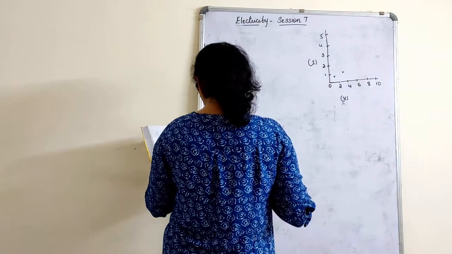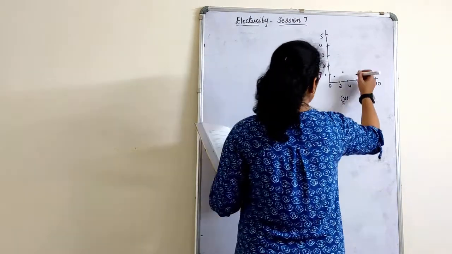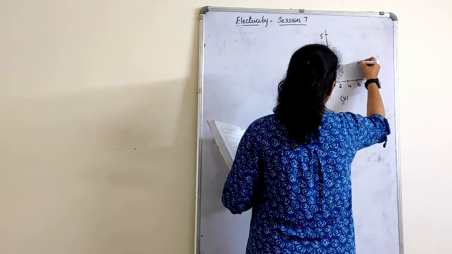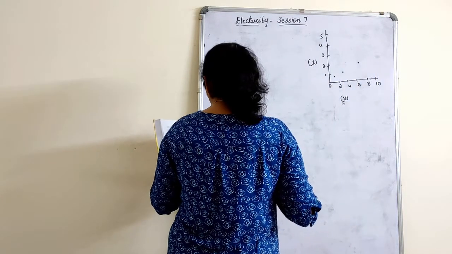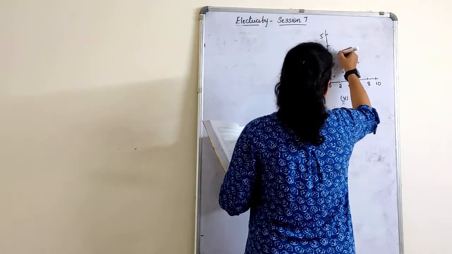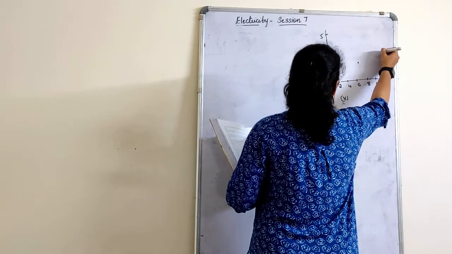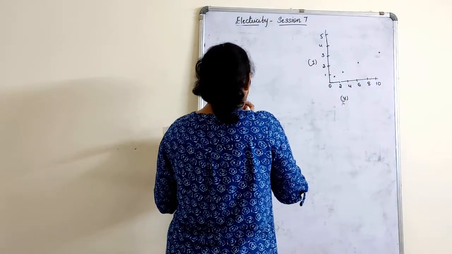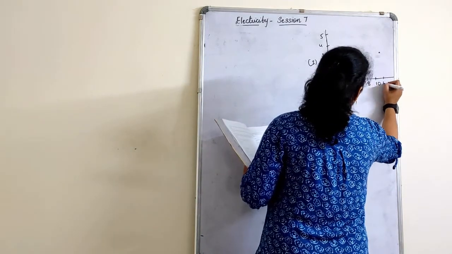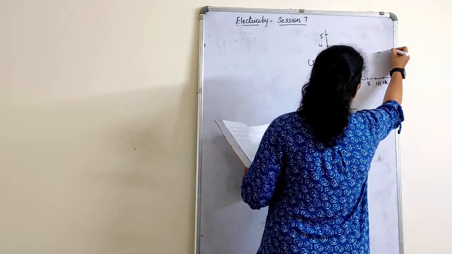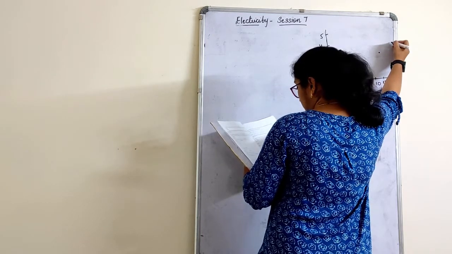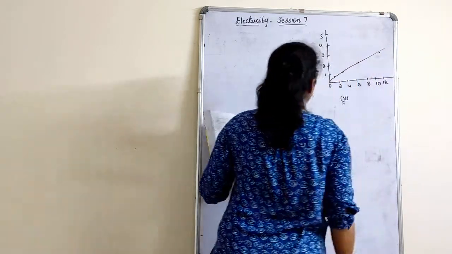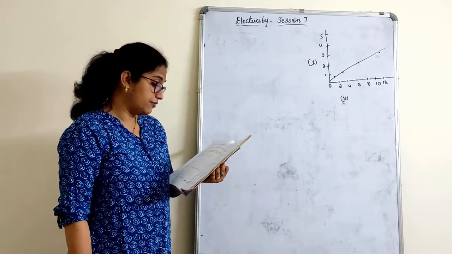Next, what we have is 6.7 is the voltage and 2 is the current, will come here. Next is 10.2 is the voltage and 3 is the current. So, and the next is 13.2. Okay, still it goes. 12 and this part is 13 and the voltage is how much? I think it is 4. Okay, my graph doesn't allow me because I have drawn it roughly. It has actually to come in a straight line. That you actually have to remember.